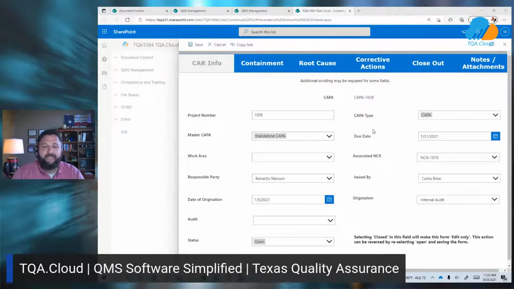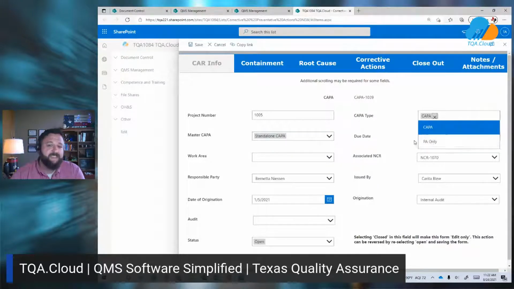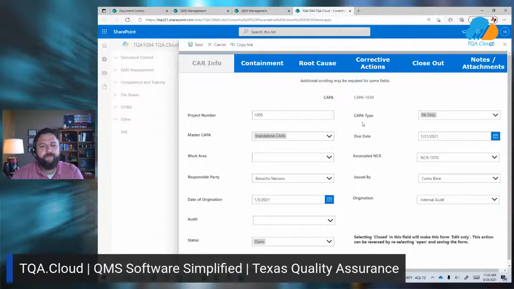Now, as part of the ISO TC 176 committee, I can tell you that some of the folks that put the risk-based thinking clause into the standard still don't exactly have a consensus on what it does and doesn't mean. But I'll show you what we do here that's really going to make your life a lot simpler and a lot easier. So let's take a look at this CAR. So first of all, we've got all of the basic information we're looking for. Is this corrective preventative action? Is it preventative only? Very important for you folks dealing with API Q2 standards, or perhaps anyone in the medical device world.